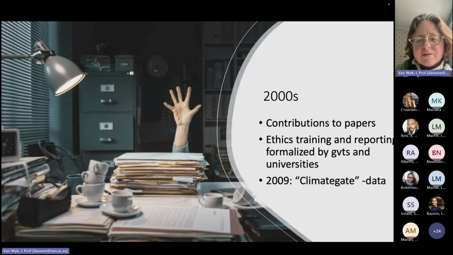So we also have in the 2000s something that we could not foresee, the ClimateGate saga, where the researchers at the University of East Anglia were hacked by climate skeptics, and these climate skeptics wanted to have access to their data because they wanted to prove that these researchers had made up data, that their data was suspect, and that they manipulated